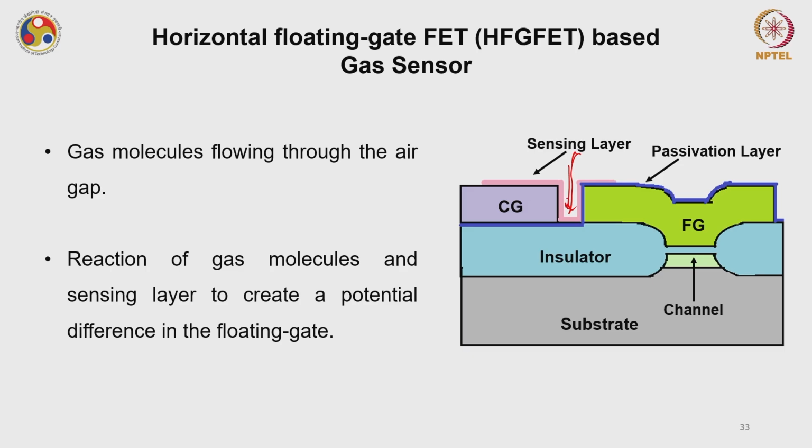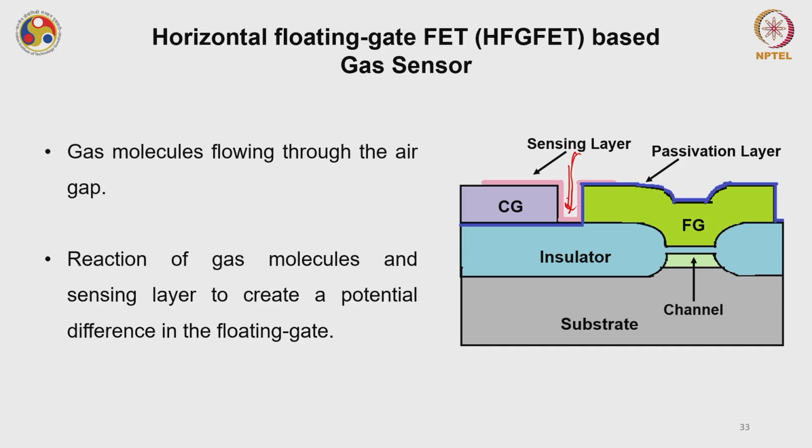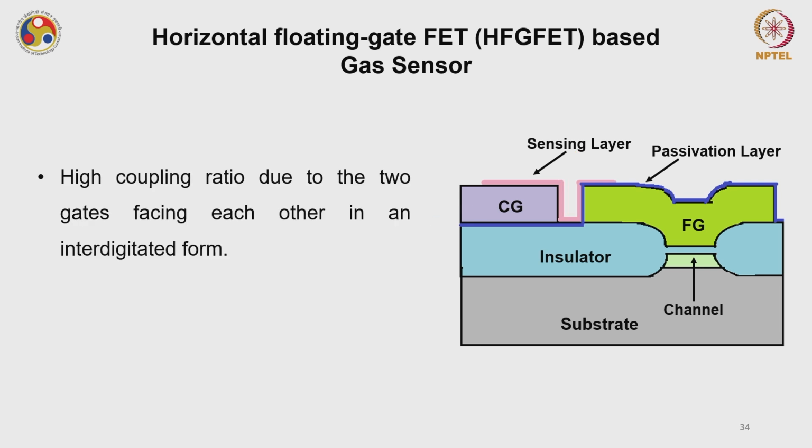Okay, the reaction of the gas molecules and the sensing layer happens to create a potential difference at the floating gate. Okay, and this control gate acts as a reference. Okay, so high coupling ratio due to the two gates facing each other in an interdigitated form, and this kind of structure, although it looks complicated, is a simpler process as compared to the SG FET and the other FET that you